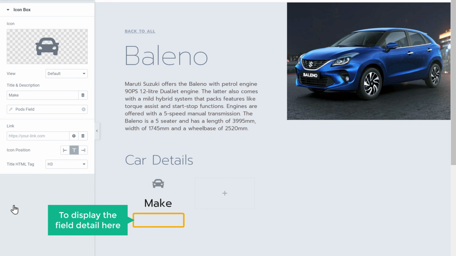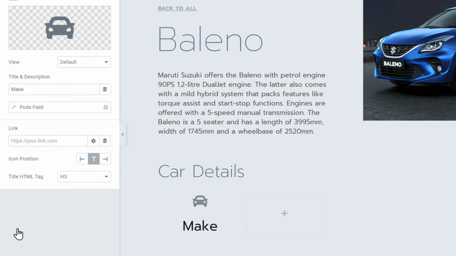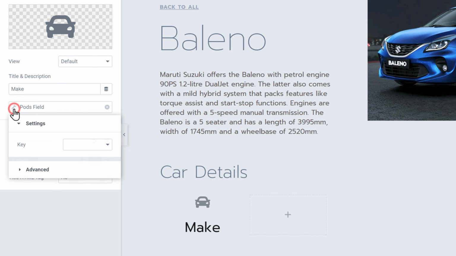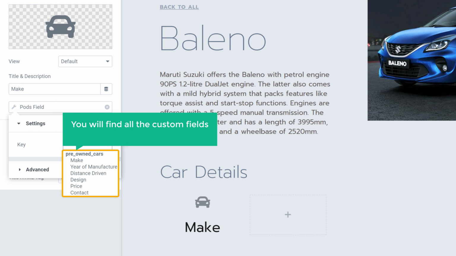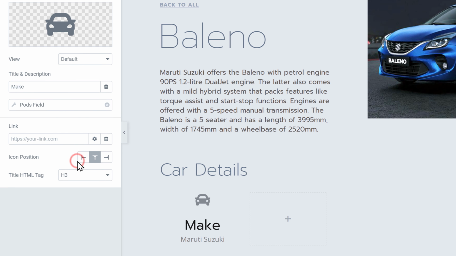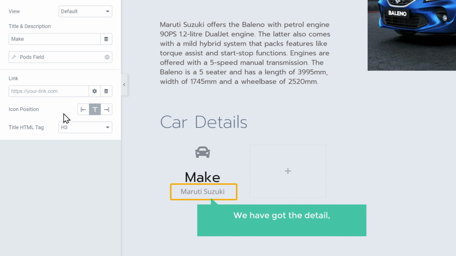Now to display the field detail here, click the symbol. Now click here and you will find all the custom fields which you have added. Select the field you want. As we are adding the make field, let's select that. As you can see, we have got the detail which we entered in the make field.